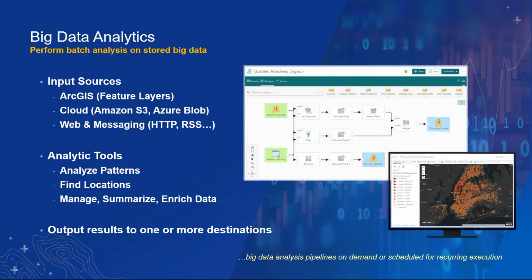Big data analytics are useful when your decisions are tactical, when you need to make a decision regularly based on standard practices. For that, you would use scheduling. And they're also, of course, useful when your decision timelines are strategic, when you need to learn over time and adjust larger approaches.